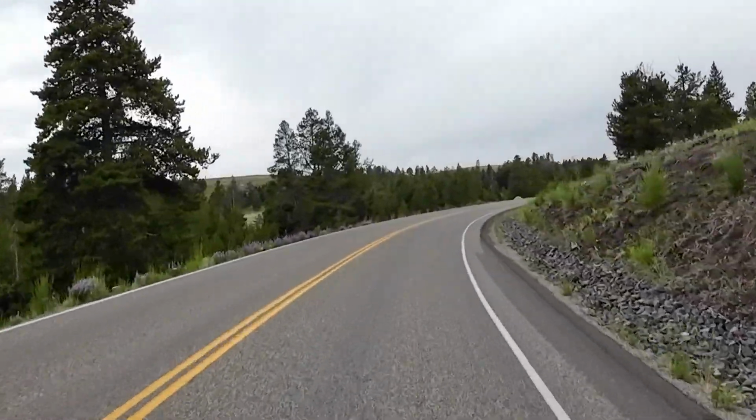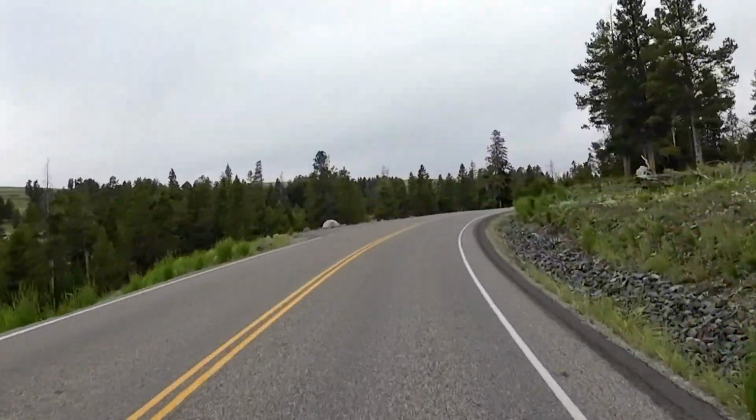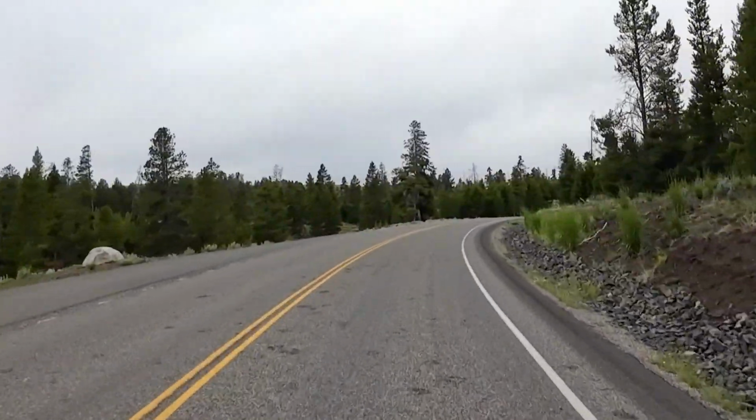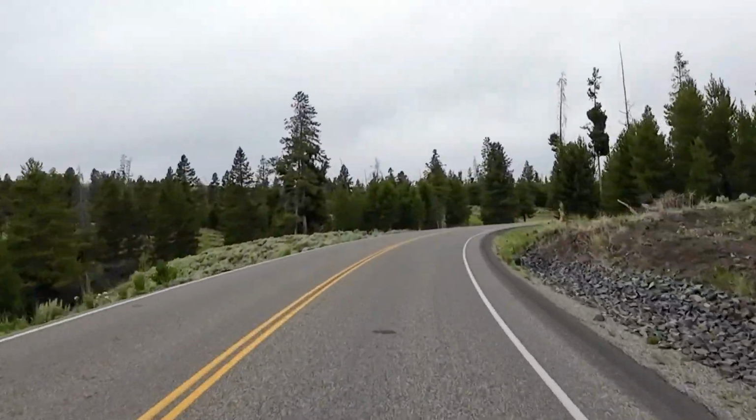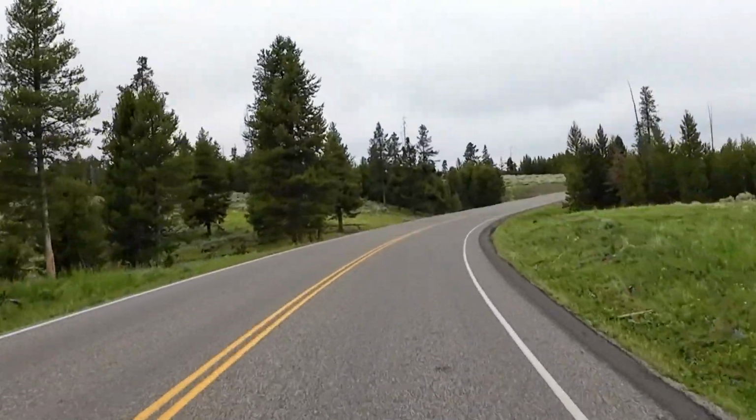Tip number 4, take a hike. It doesn't have to be a big hike. You don't have to do anything crazy. You just need to walk 5 minutes down a trail to get the full feeling of Yellowstone and not be